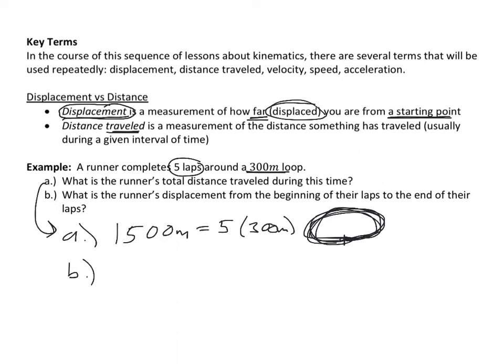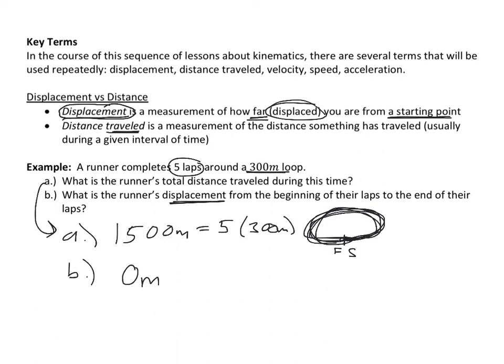Now, part B says, what is the runner's displacement from the beginning of their laps to the end of their laps? I'd encourage you to pause the video and think about that for a second. Even if you barely understand these terms, if you understand that total distance traveled is the total distance you traveled, but displacement is just how far you are from where you began, what would the displacement of the runner be? Hopefully you recognize that the displacement is 0 meters,